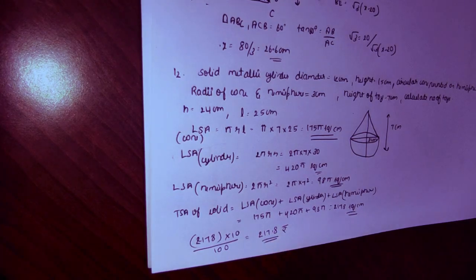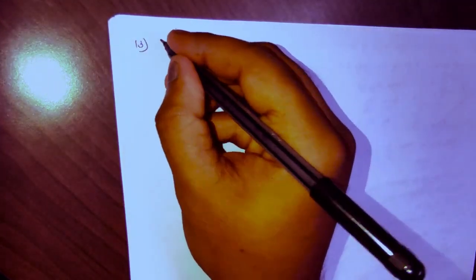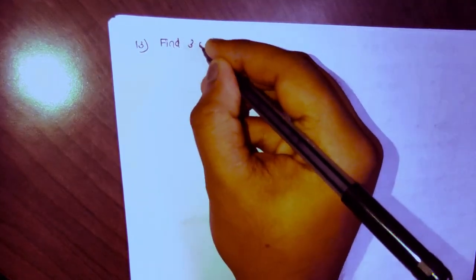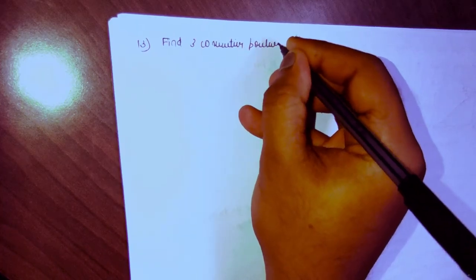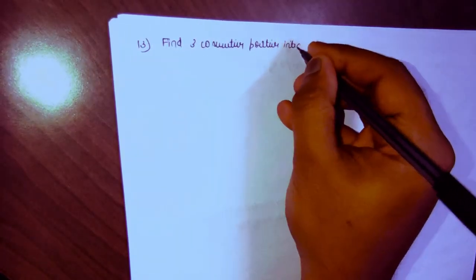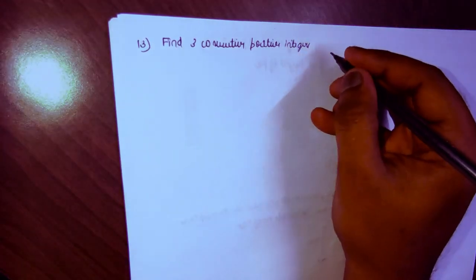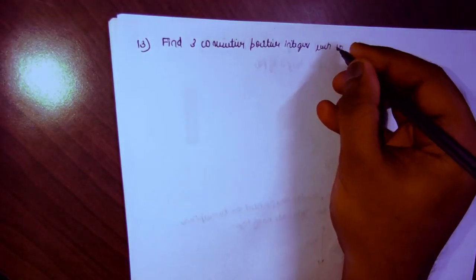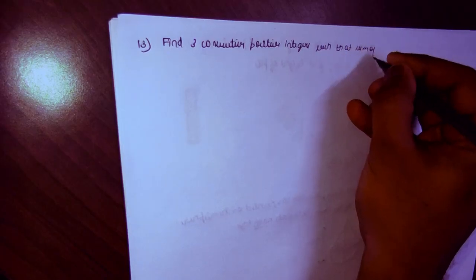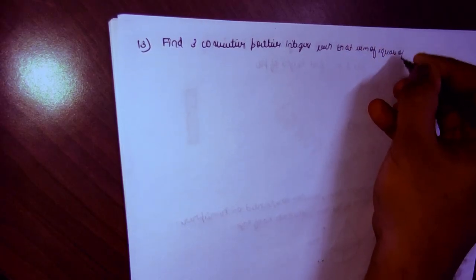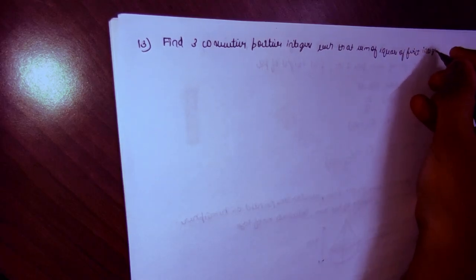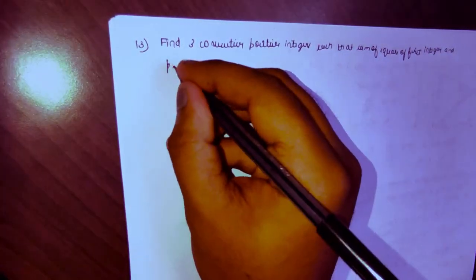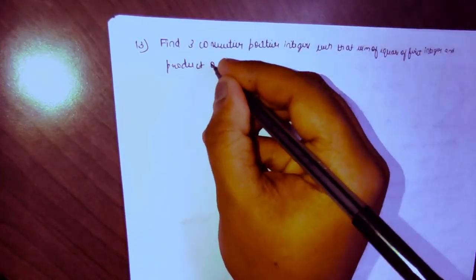Now let us move into the 13th question. Find the 3 consecutive positive integers such that sum of the square of first integer and product of other two